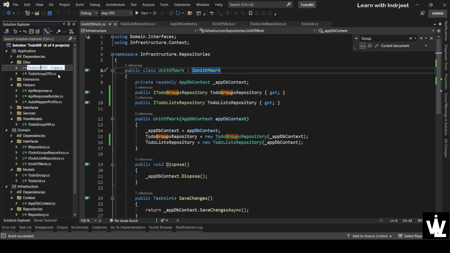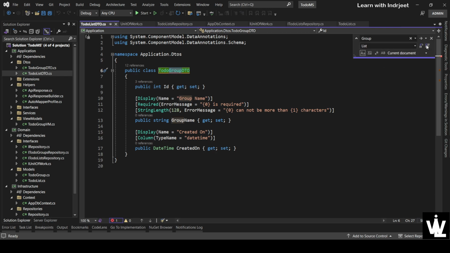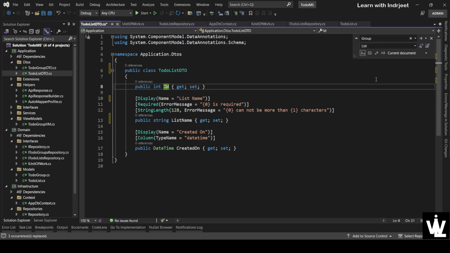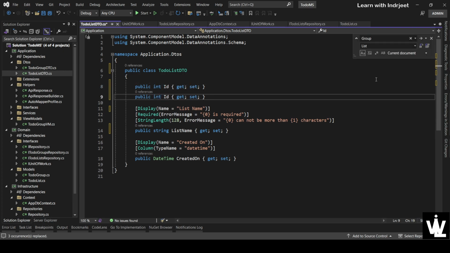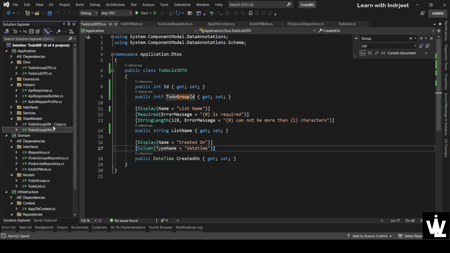So we have to have a DTO for to-do lists, and change this to list, and there will be another property for group ID. So it will be a to-do group ID, then the list name, then date created on. Fine. Now let's move on to the view model, copy and paste, ToDoGroup, ToDoList, and